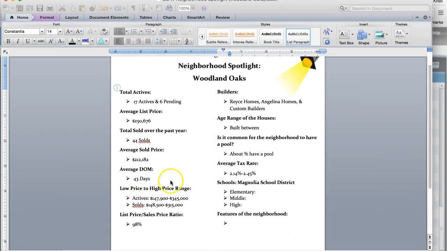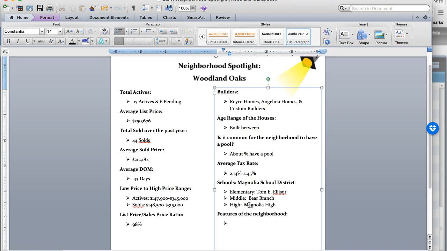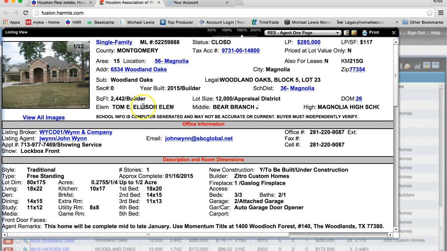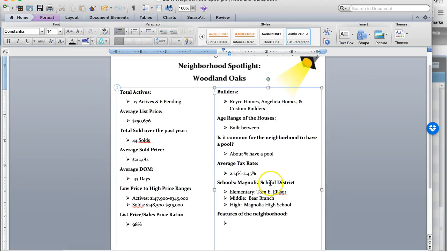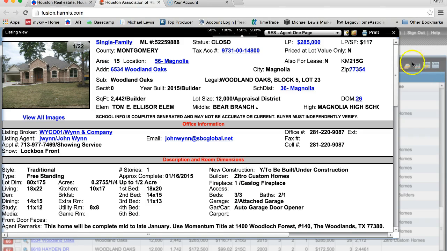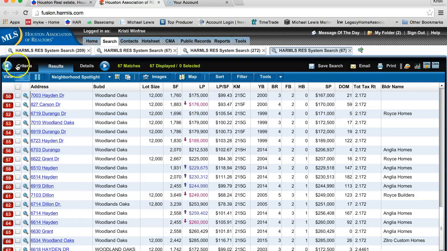So I'm going to go back over to my report. I'm going to put in the elementary. Okay. And then we need to get the average range of houses and is it common for them to have a pool? So if I come back over here to Fusion and go to criteria,